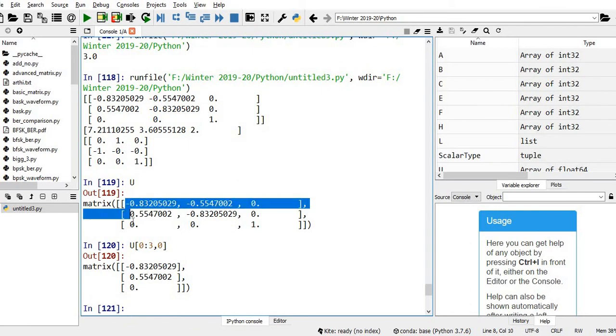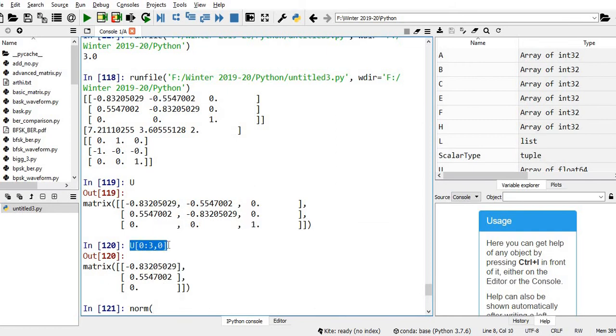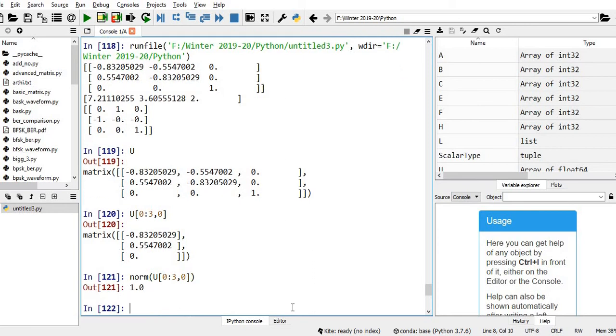You just see it has given the first column. Now I need to check whether the norm is unity. So I'm directly putting the norm of the first column of this U matrix. Yeah, I'm just getting 1.